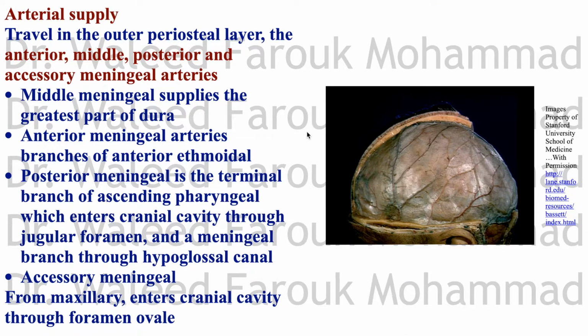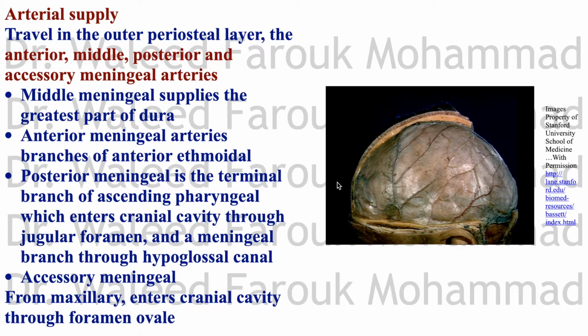Arterial supply of the dura. The arteries that supply the dura run in the outer periosteal layer. They are the anterior meningeal, middle meningeal, posterior meningeal, and accessory meningeal arteries. So it is rich in blood supply, and these are the arteries, as you can see here. The branches of the arteries leave an impression on the inside of the skull. The middle meningeal artery supplies the greatest part of the dura, and it's the one involved in injuries, especially at